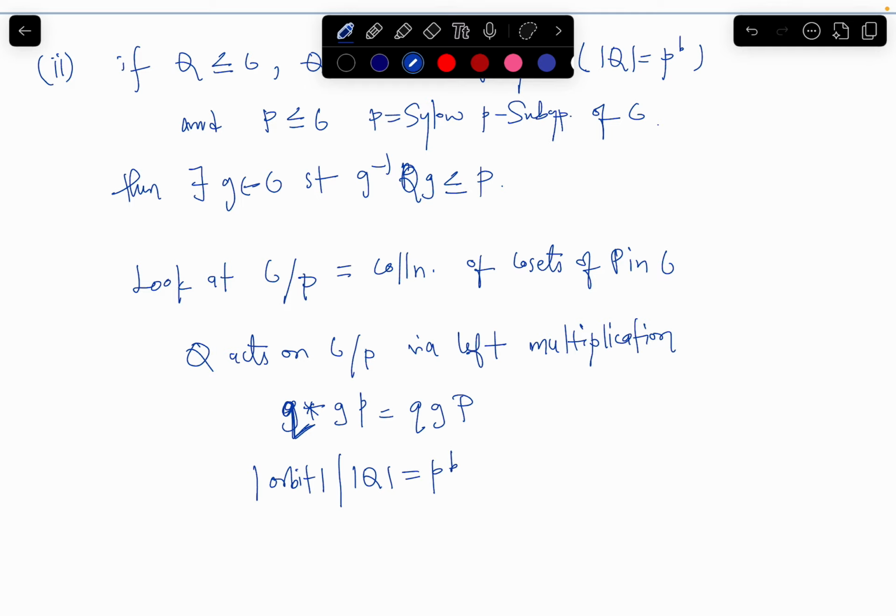So that means the size of the orbit is 1, or P divides the size of the orbit. So if all the orbits are divisible by P, then